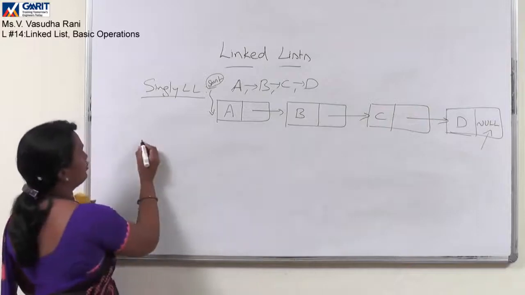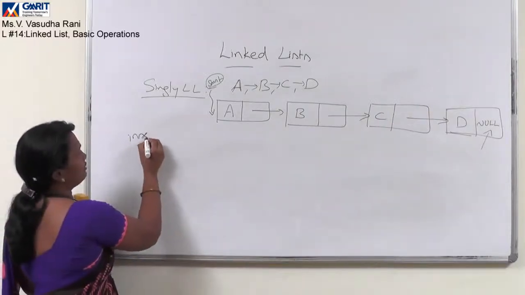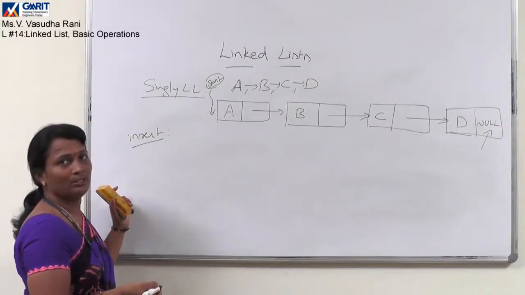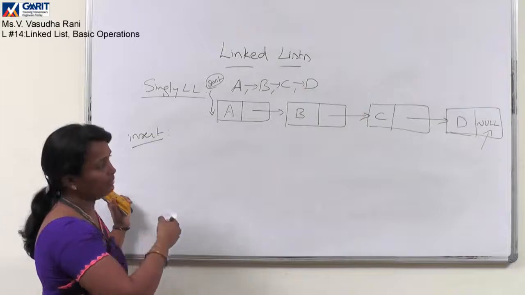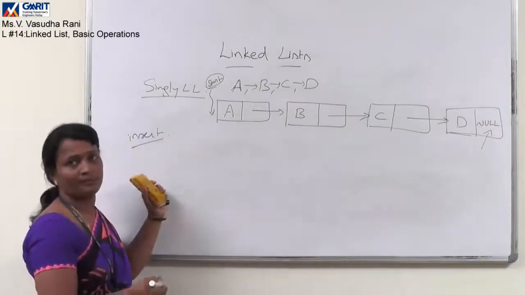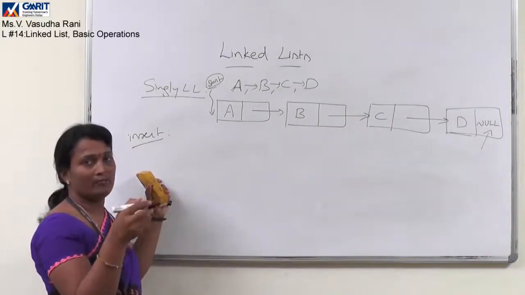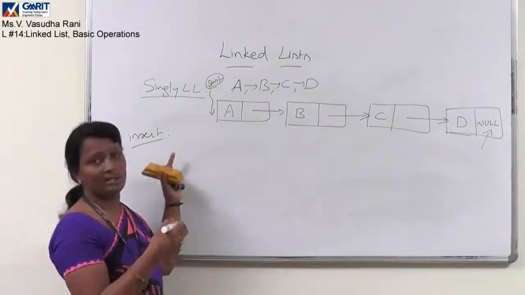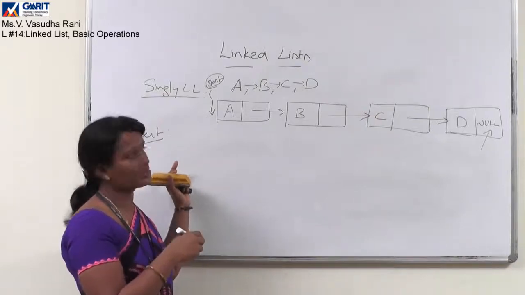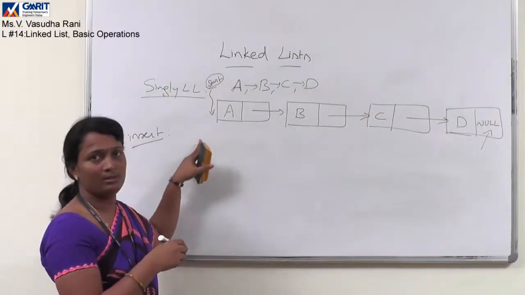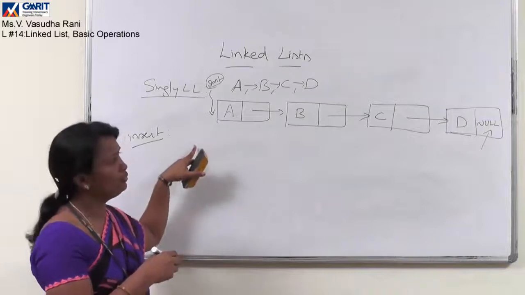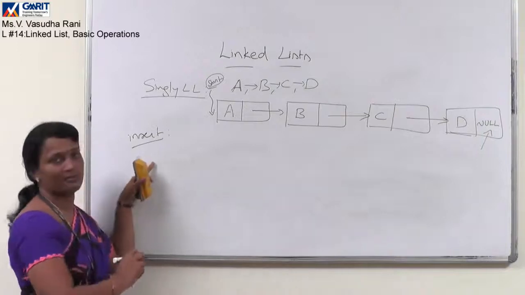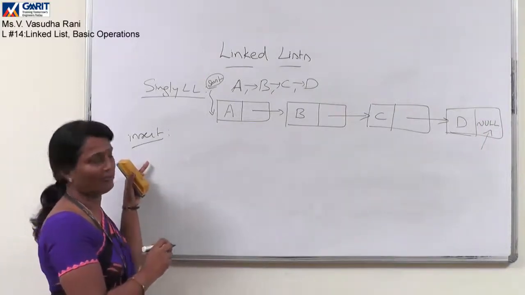Coming to our operations, consider the insert operation: inserting a new node into the list. Actually, we took the limitation there. Inserting a new element in all the positions degrades the performance of the linear data structure. But in the linked list data structure, it is more supportive. If a new node has to be inserted at any location, it is an efficient, easy operation we can perform.